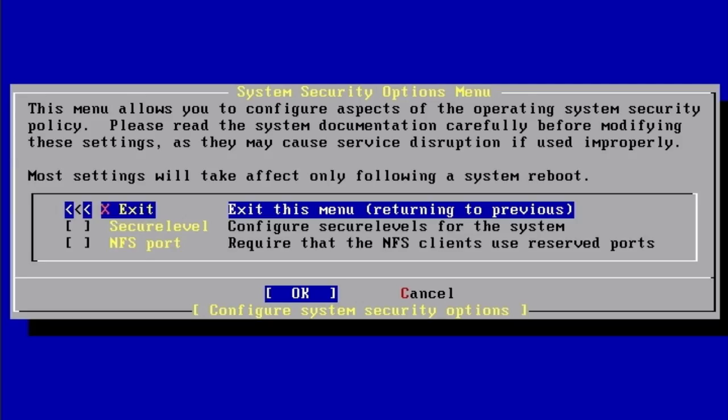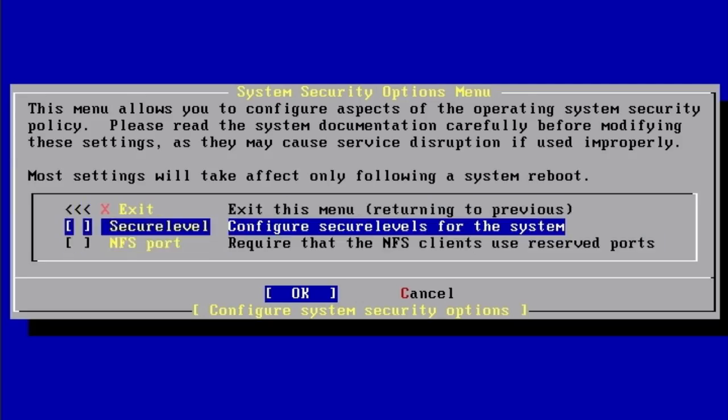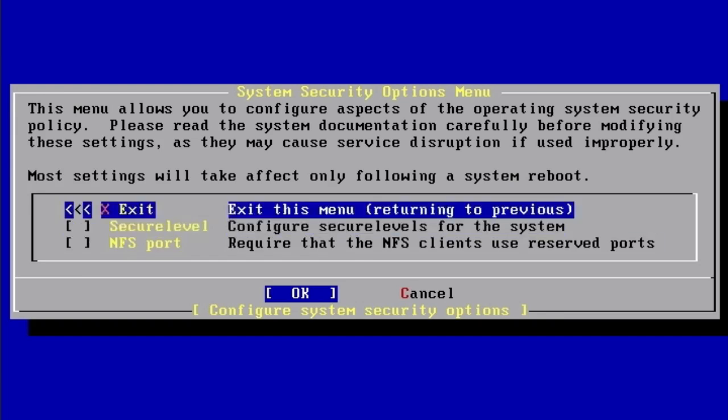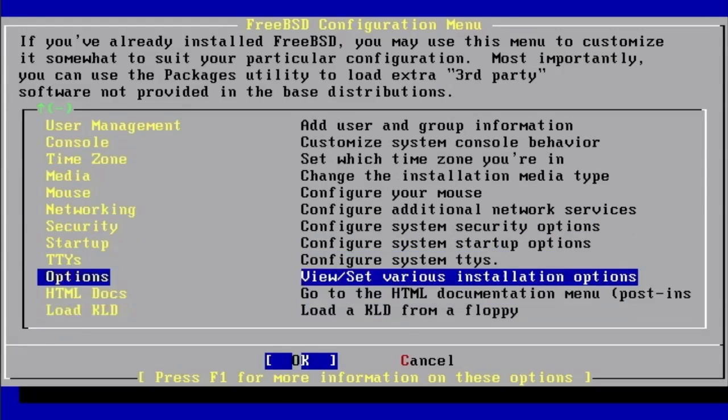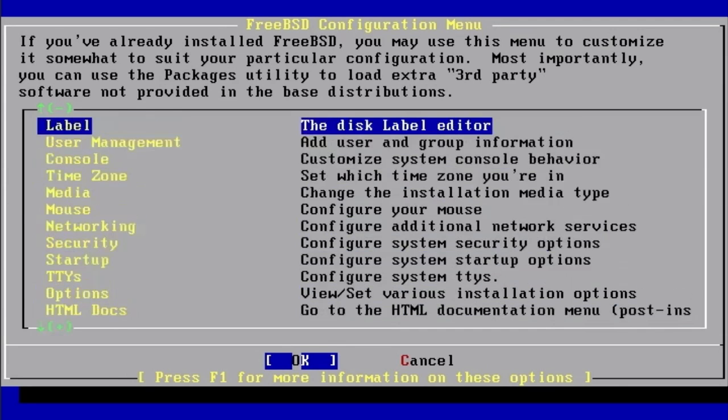Security related to the system, NFS, set the secure level. There's some options here that we'll look at later on in the security area. Startup options, HTML documents, etc. User management, we've